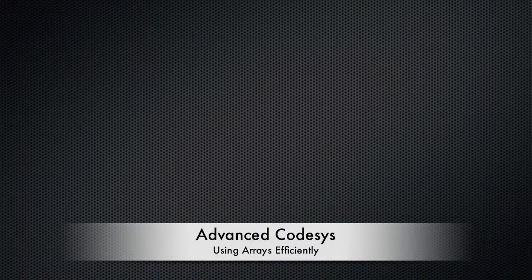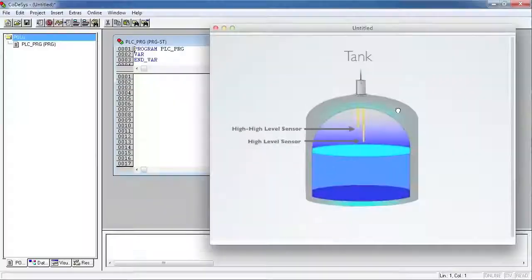In this example, we're going to demonstrate how to use arrays in CoDeSys to save you some time and effort in your programming. So what we have here is a tank with some level sensors. When the liquid in the tank increases, eventually it will trip the high level sensor followed by the high-high level sensor. So here in this example program, we're going to generate an alarm if the high-high level sensor is tripped,